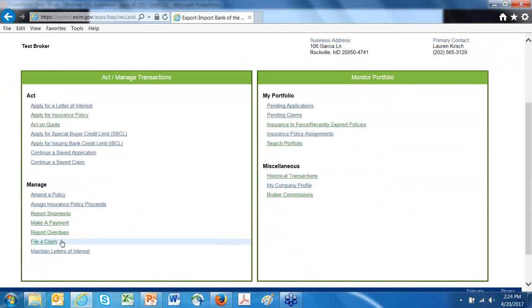We touched on file a claim. I don't want to do that one again because that went on too long. I won't touch on maintain letters of interest. It's not something that's done or used very often. Click on amend a policy.